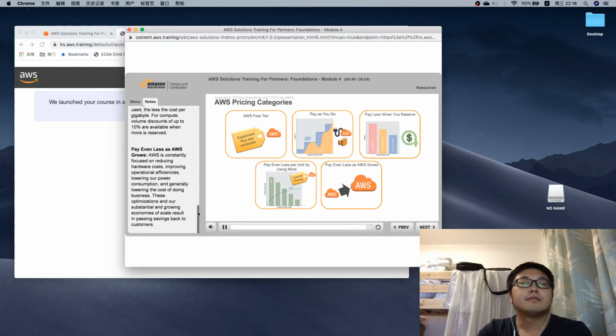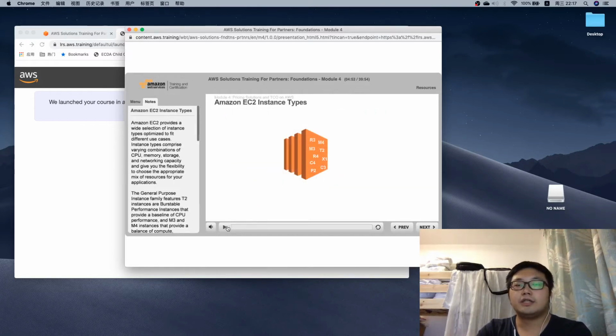These optimizations and our substantial and growing economies of scale result in passing savings back to the customers. 这个就是说随着亚马逊整个体量越来越大，规模越来越大，机器越来越多，它会给客户更少的价钱，所以这跟很多大企业是完全相反的。很多大企业是企业更大了，有些服务反而更贵了，但是亚马逊说它越大，它的服务就越便宜。